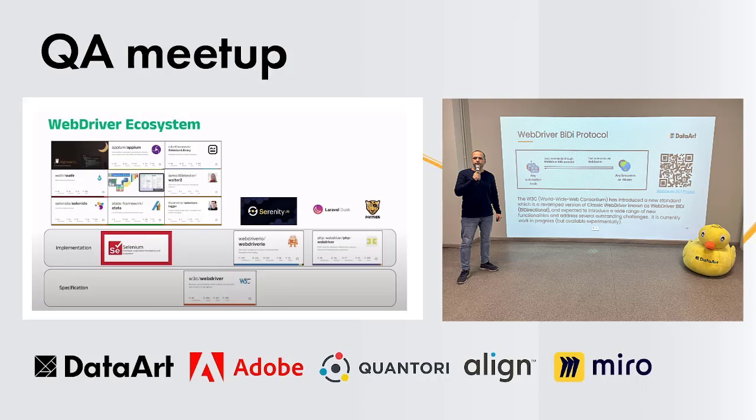Okay, so Selenium is the biggest, and on top of Selenium we have a lot of tools: Appium, Selenide, or SeleniumLibrary for Robot Framework. And this one, SeleniumBase, is my favorite. It is like Selenide, but for Python. And on top of WebDriver.io, we have Serenity.js and other things. Okay, so